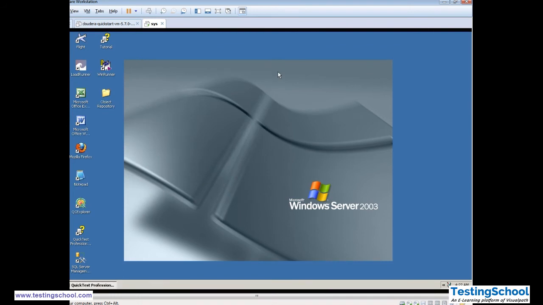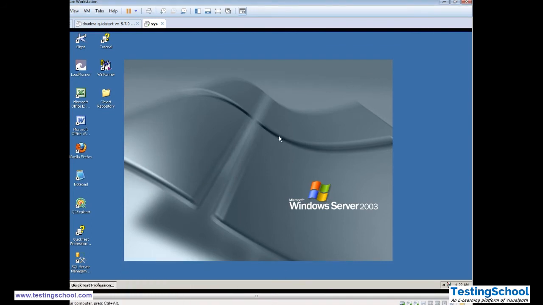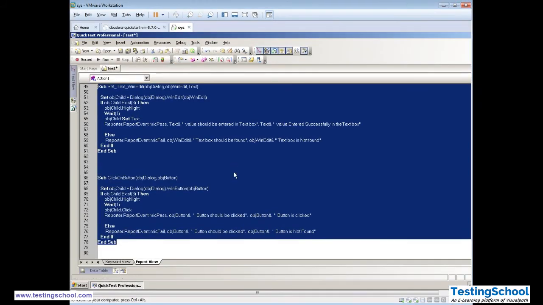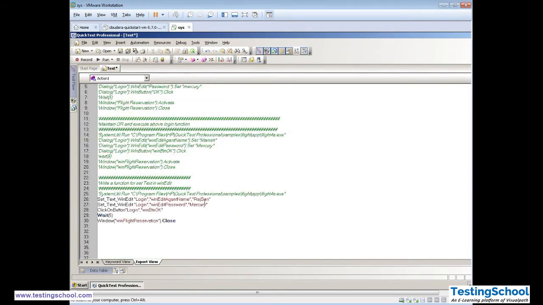What we did is we have saved our function in a different file, and now we will comment these lines. Okay, these lines are commented, and we will do this.